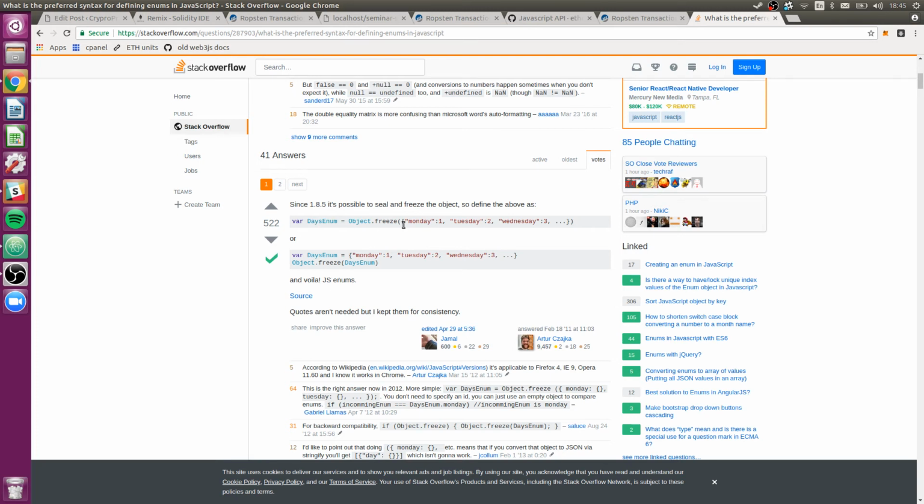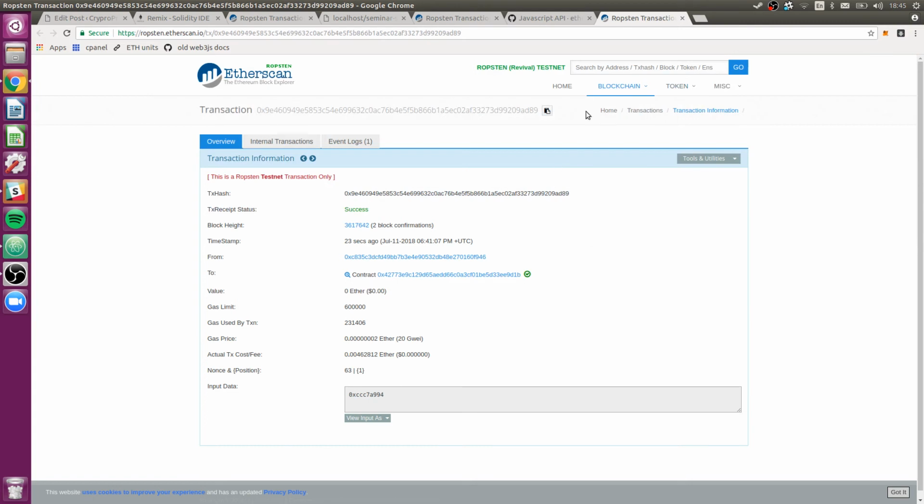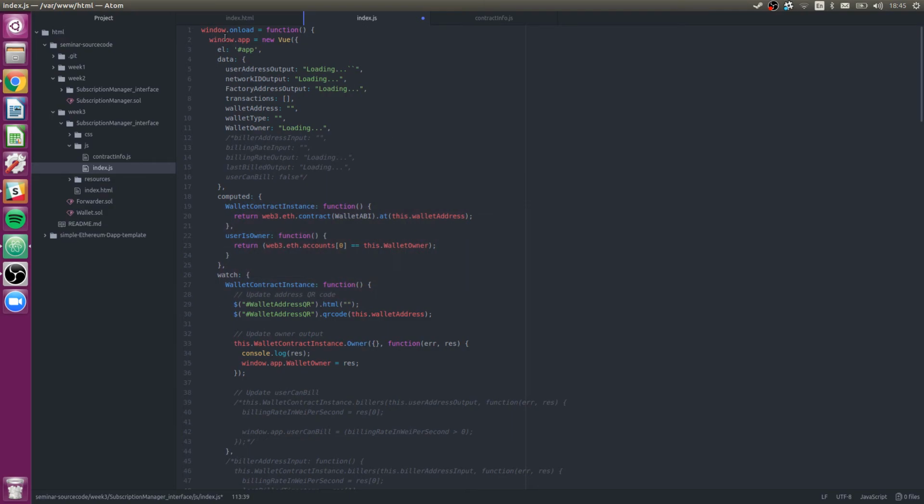For days, enum Object.freeze. I kind of don't want to worry about that. I'm just going to do some constants. Sorry if this is making anyone cringe, but